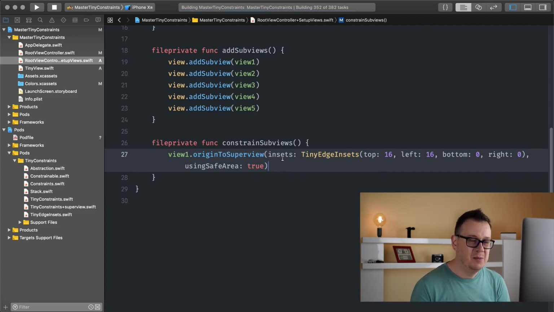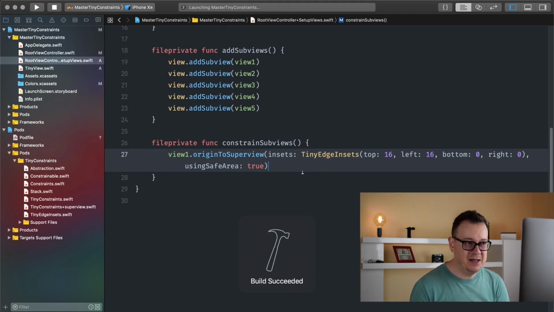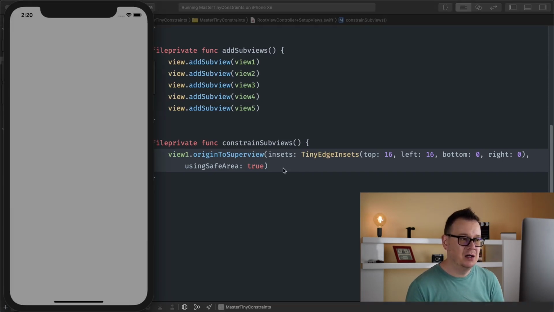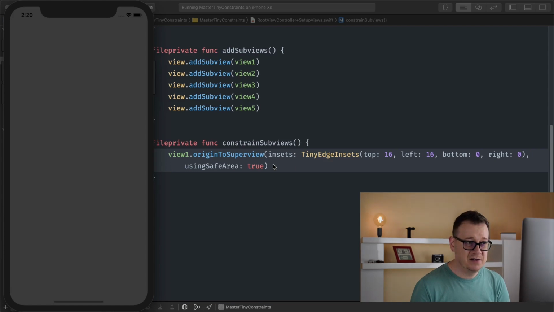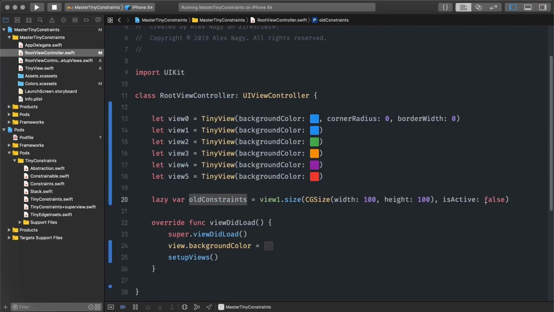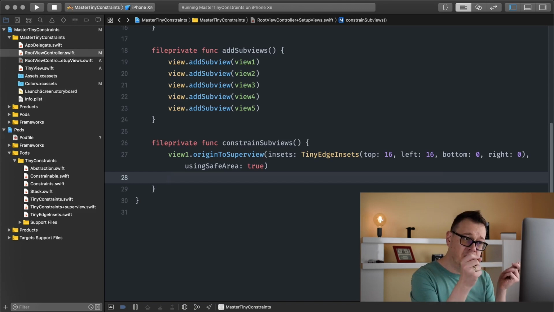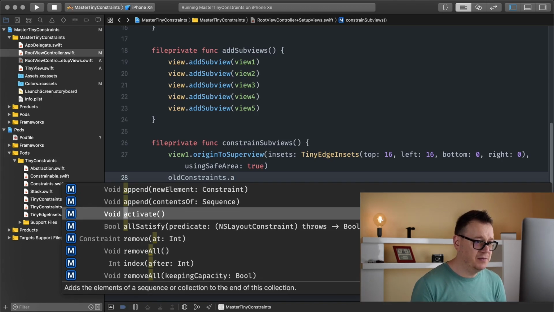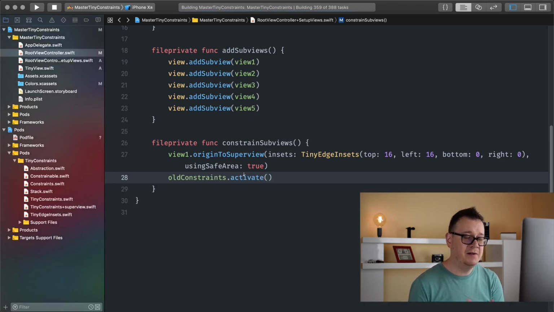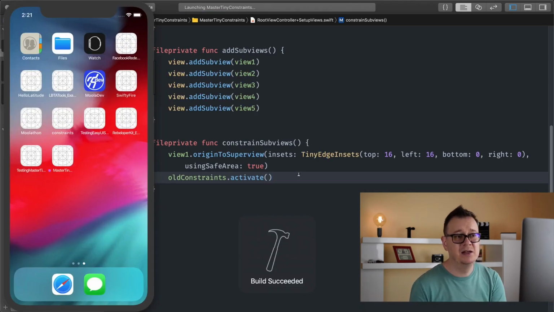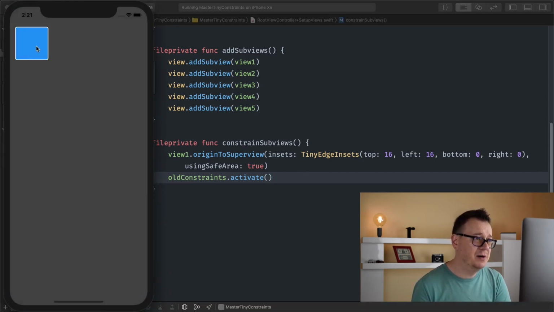Let's just build and run, because we haven't activated basically our size constraints. As you can see here, is active is set to false. So let's go ahead and on old constraints, let's activate. So after we have pinned to the origin of our super view, let's see, old constraints and activate. There we go. And that should activate the size constraints, and we should see our blue